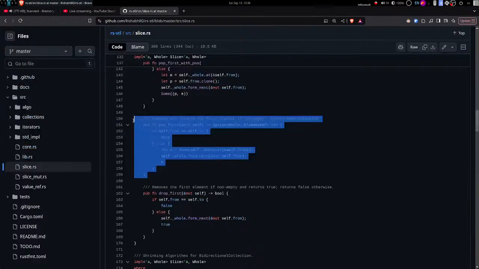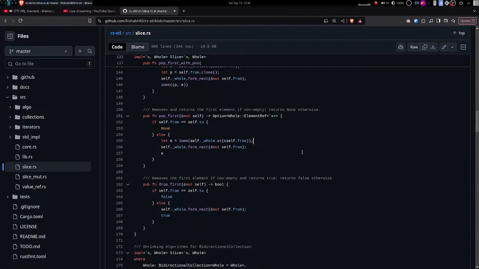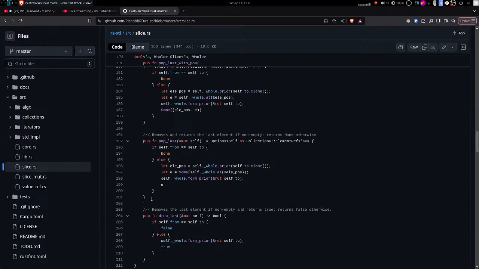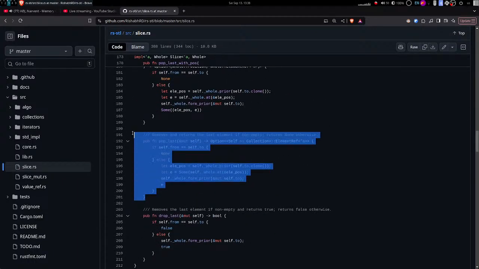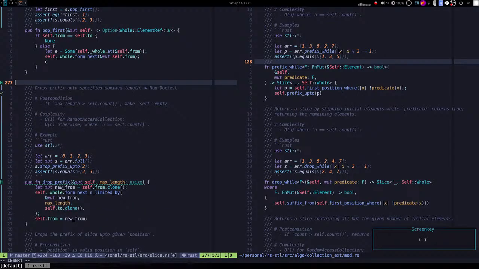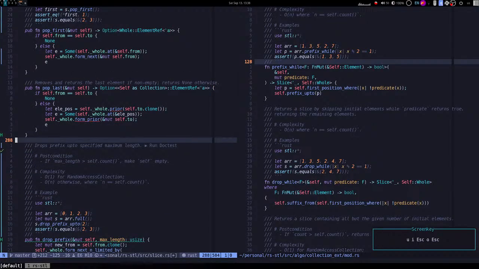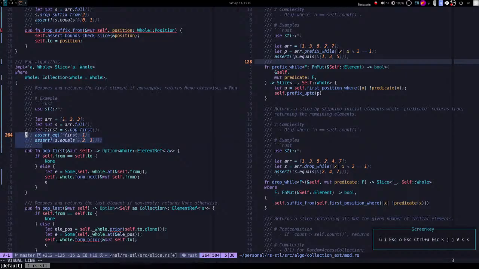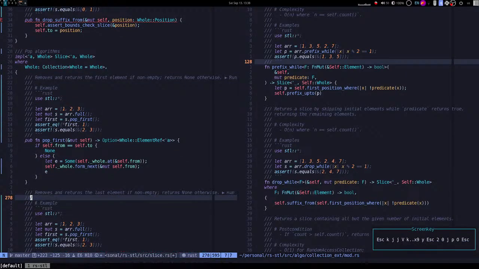And as far as I remember, I even did pop last also. Yeah, that is here. I think I should have the position variant too because that is quite useful while writing many slice algorithms, right? I would take the example right here